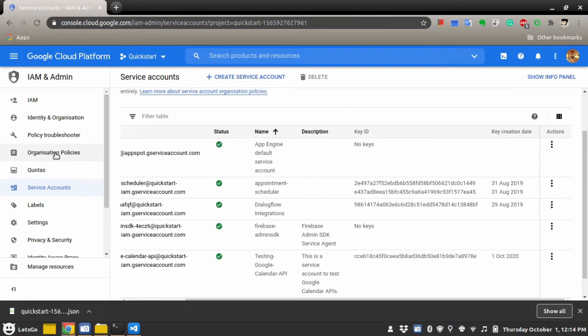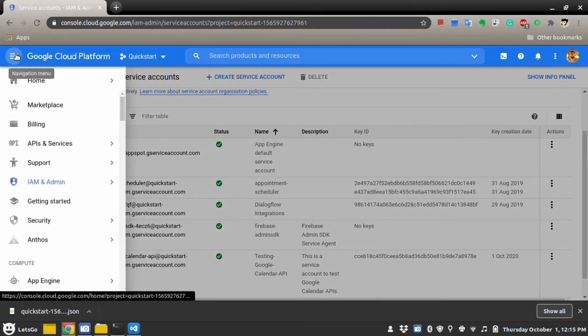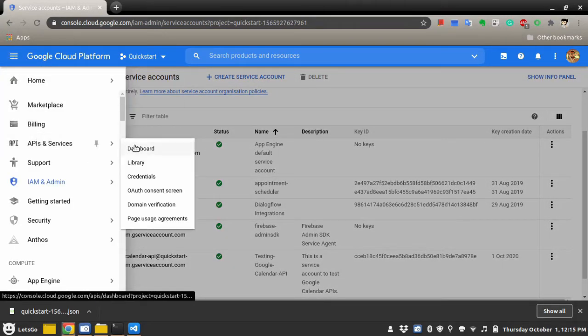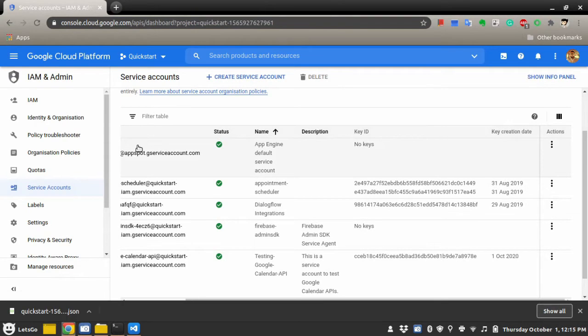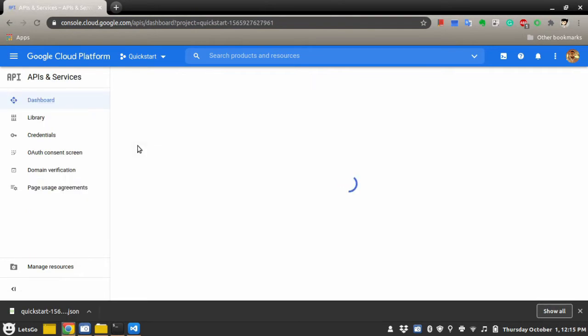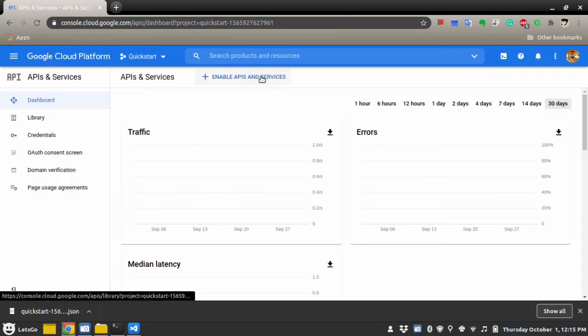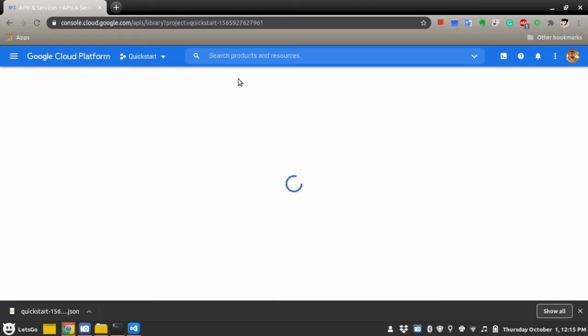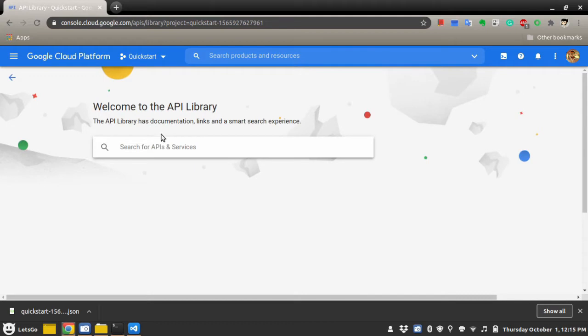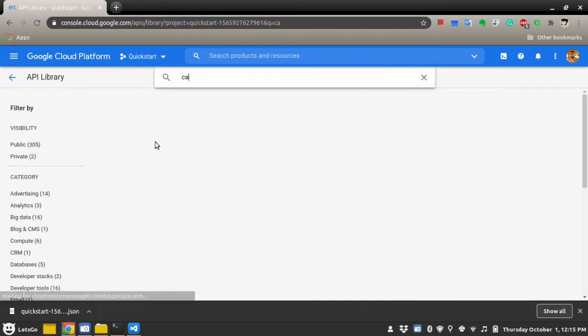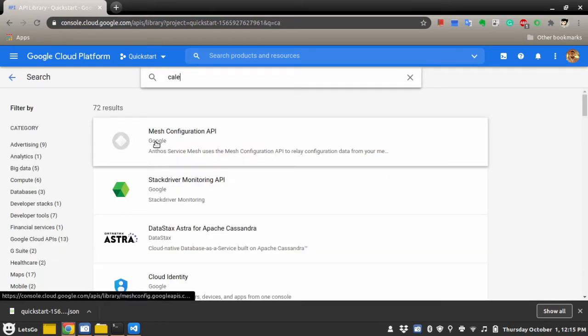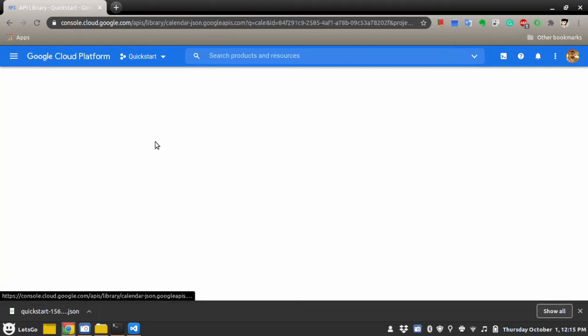The next thing we want to do is again go to the hamburger icon and go to API and go to the dashboard of the API. Here click on enable APIs and services. Search for calendar.